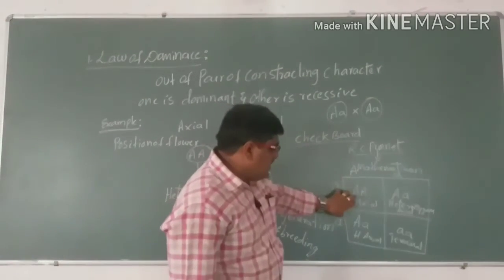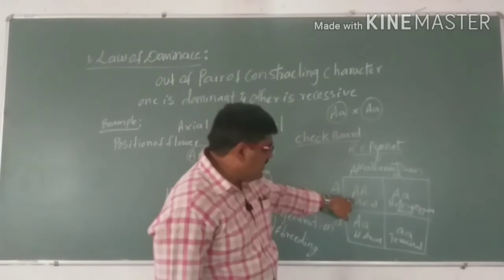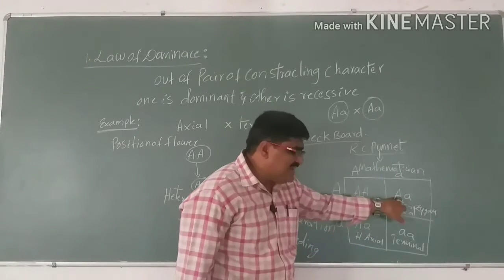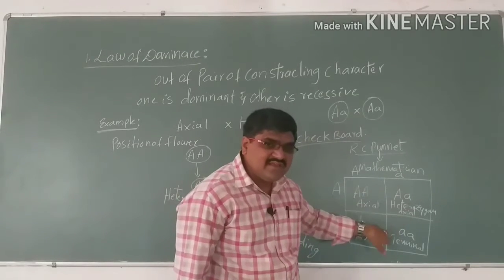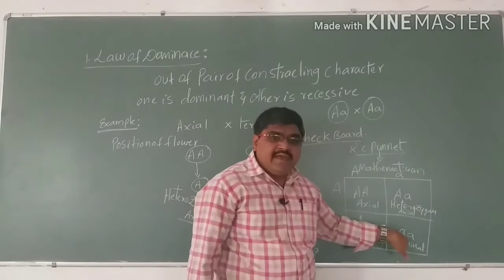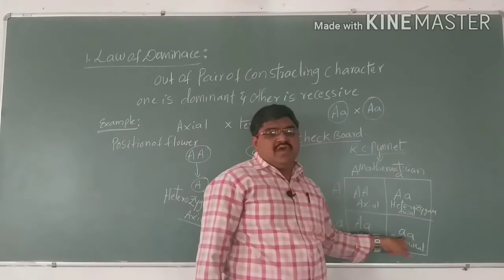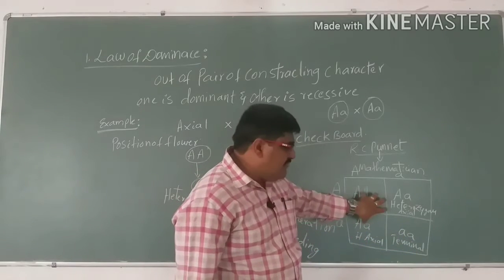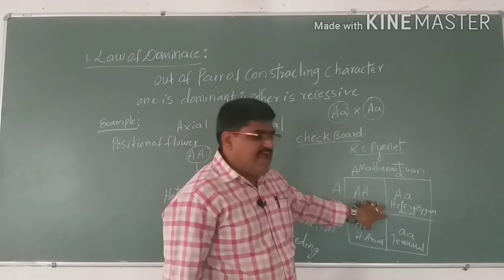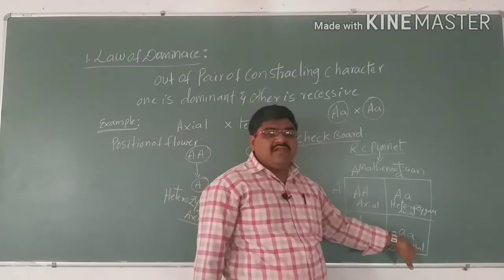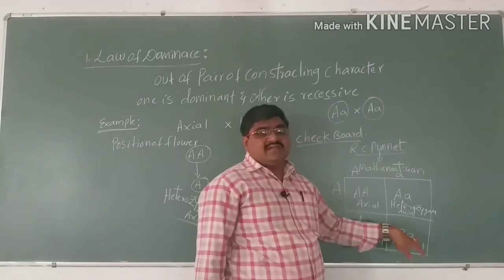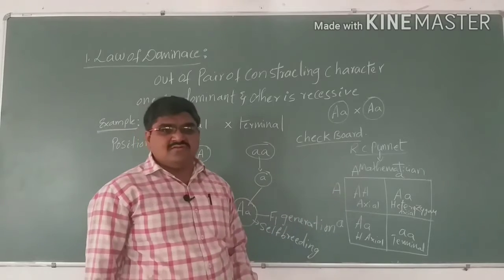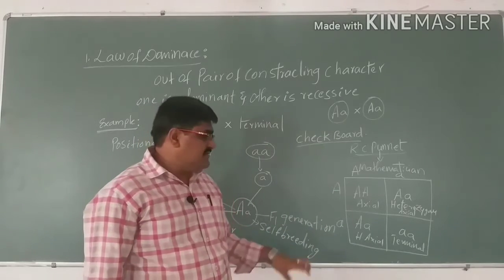Out of these three, one is purely an axial condition, two are heterozygous axial, that is, heterozygous axial condition, and one is purely terminal. So here a dominant character is expressing, that means three dominant characters are expressed and only one, the recessive character, is present, where the phenotypic ratio is 3:1 and the genotypic ratio will be